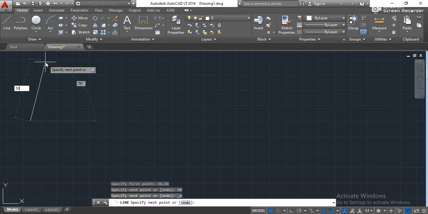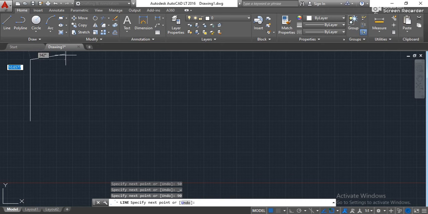Okay, I have entered 50. Now I want to switch to angle. So my angle is, let's say, 90 degree. So I have drawn a line which has length of 50 mm and angle of 90 degree.